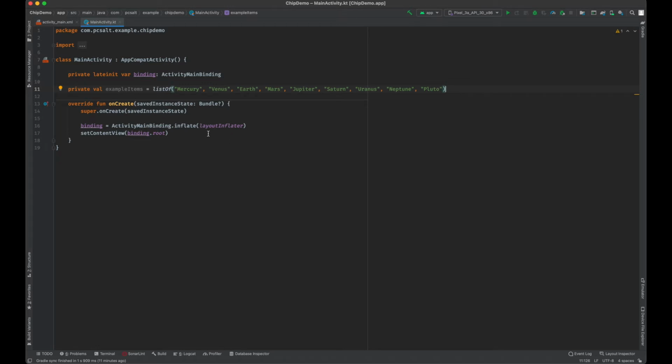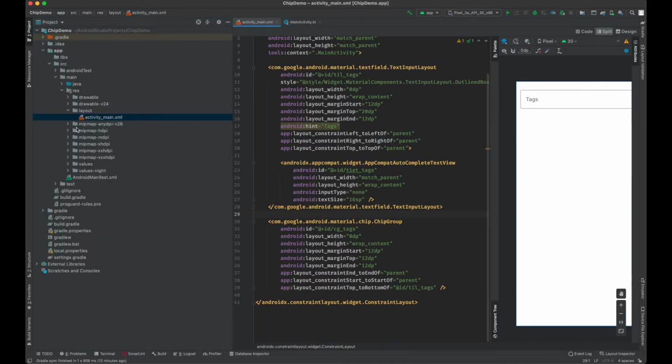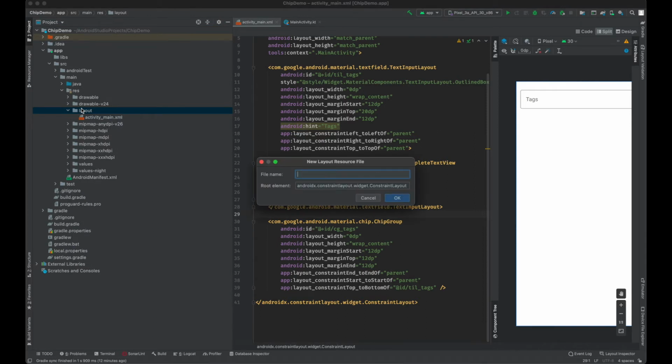Our list is ready. Now we have to put this in an adapter. So for that adapter's list item, we have to create one text view layout first. So we're creating one layout. This layout will contain only a text view, so that the planet names can be displayed. I will be naming this layout item drop down only.